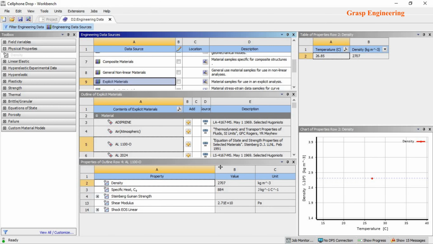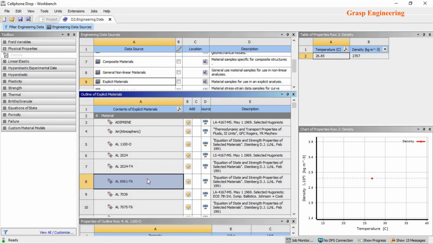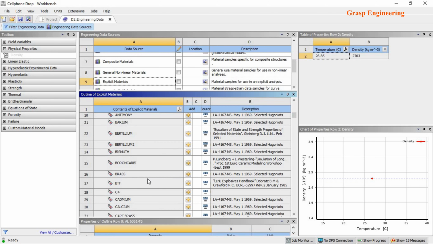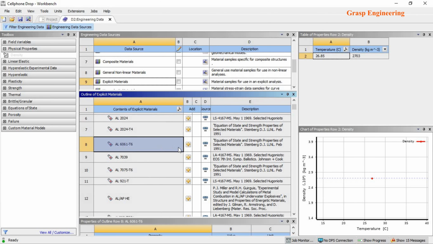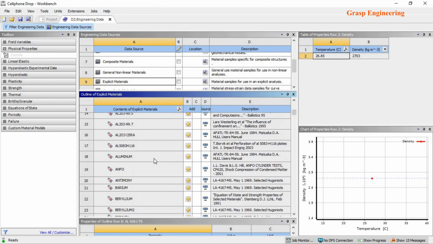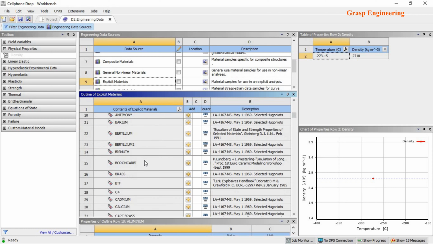Now you can see here you can either choose aluminum alloy, or you can even check this one. This is also one of the aluminum alloys, you can consider that, right? So you need to click in order to consider, so that you will find this book symbol. It means it is added in the library. Okay, now if you go down you will find